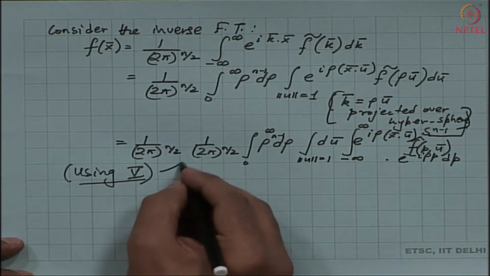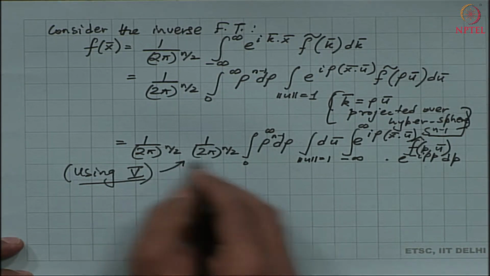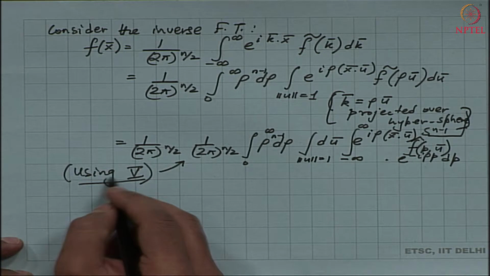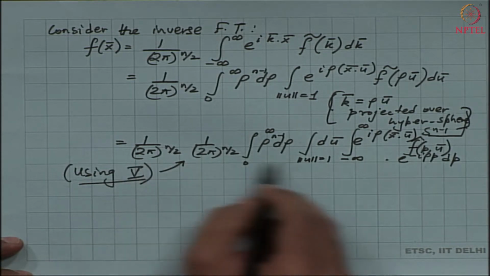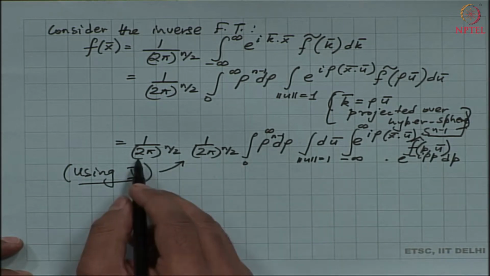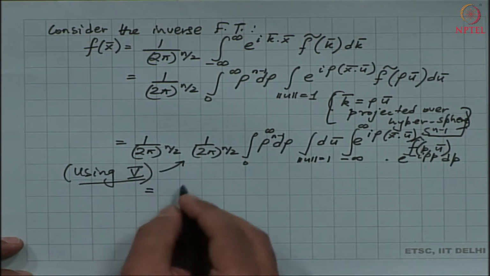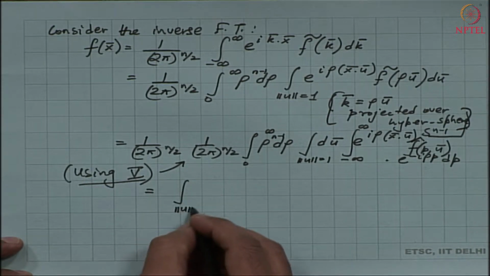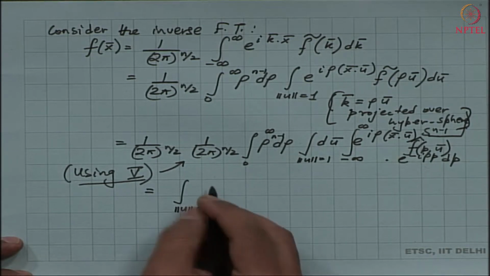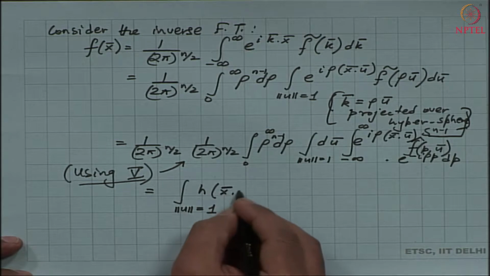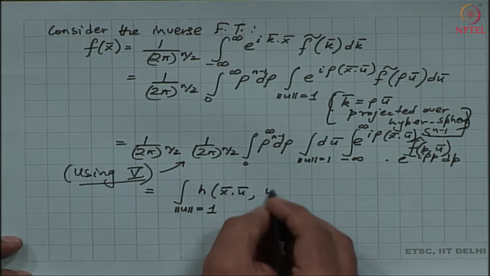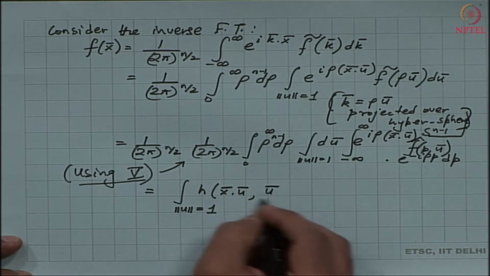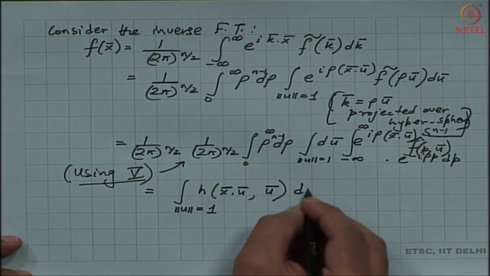So, now we have come to this point using my expression written in my statement 5. Please see my slides earlier. So, I am going to now rewrite this entire lengthy expression into a very compact notation. I am going to write it as a single integral as follows. So, this is also equal to the integral over all direction cosines of a function over all hyperplanes, where the arguments are the hyperplane values and the direction cosines. So, I have the following.